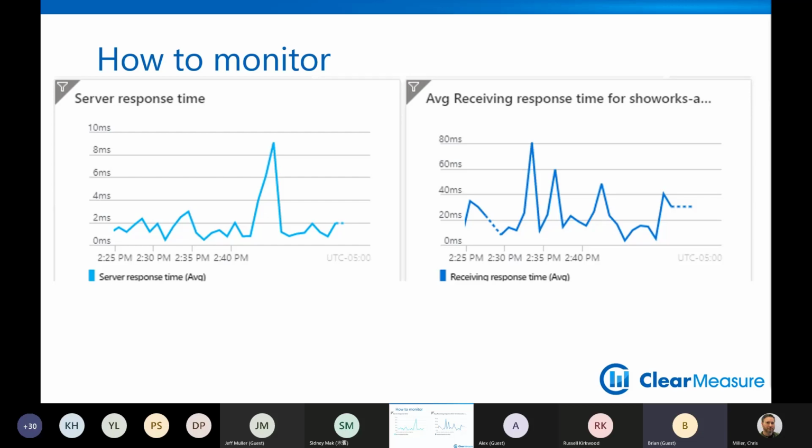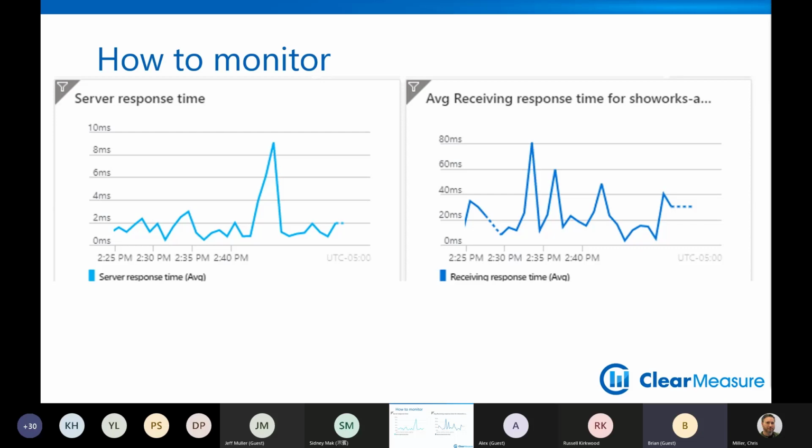And so you want to make sure that your server response time does not go above 10 milliseconds. What we found is for Blazor server-side applications, once the server response time starts averaging over 10 milliseconds, you start to perceive it as a user. You start to see the lag between when you click on something and something changes. And so if you keep that below 10 milliseconds, then you're going to be sitting pretty.